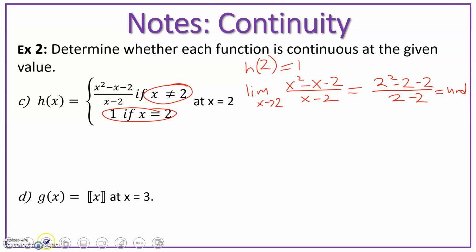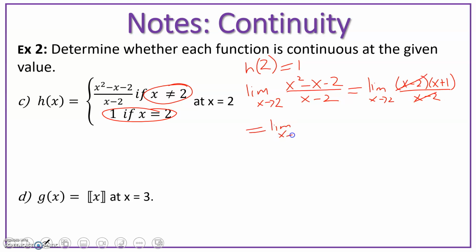Or is it? Remember, when we talk about the limit, if we get undefined, we should try to do something. Let's see if this factors. The limit as x approaches 2, x minus 2 times x plus 1, over x minus 2,